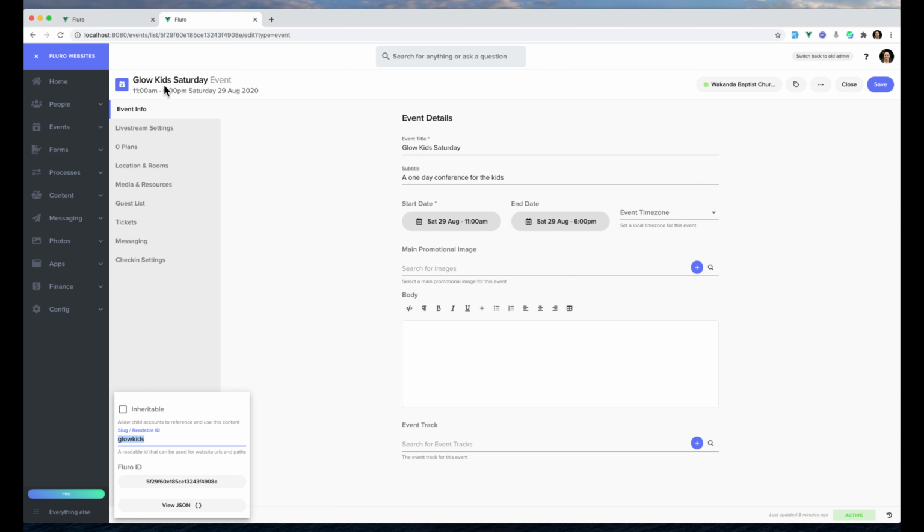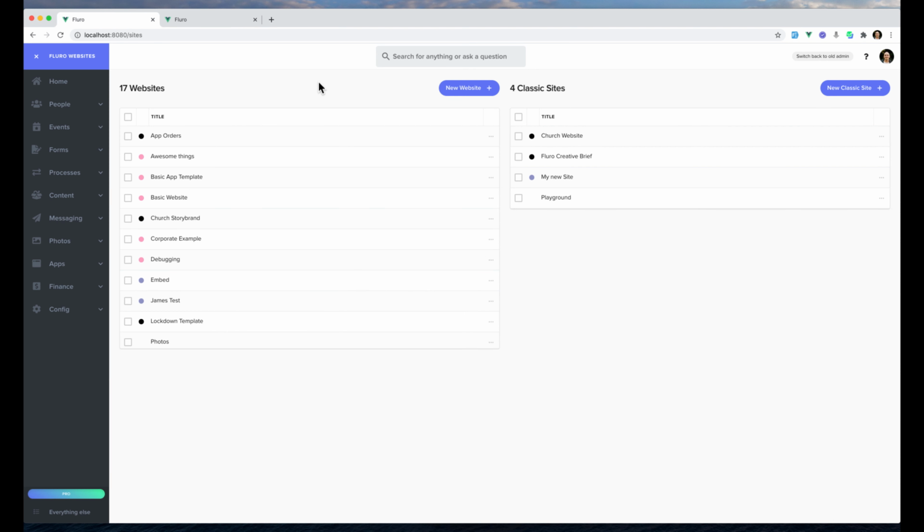So this Glow Kids event has a readable ID of Glow Kids. That's obviously easier to remember. This is oftentimes auto-generated, but as mentioned, you can change it. Now, this is important to know purely because this is what we're going to use to load our content into our website. So let's go back to our website page here, and under apps and then websites, I'm going to